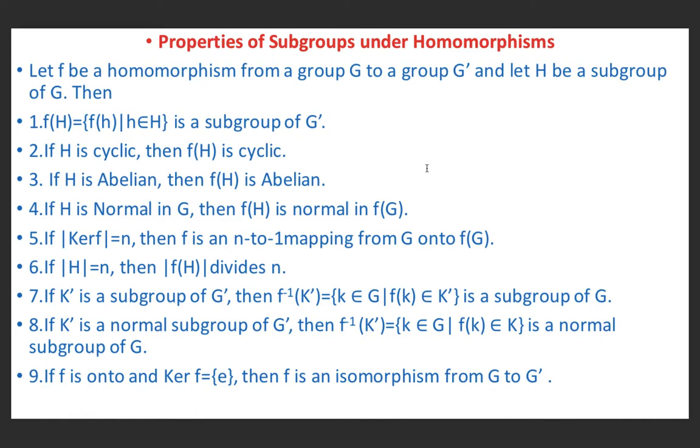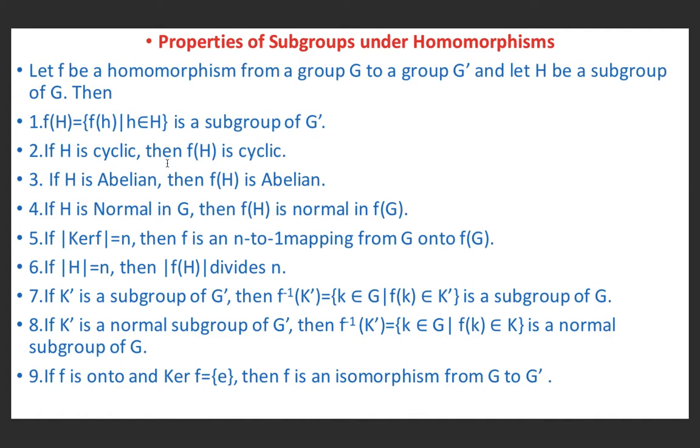First of all, I want to mention that students should remember the various properties in words because these are useful in proving other results also. Students should remember the properties of cosets, properties of elements under homomorphism, properties of groups under homomorphism. And what do these properties mean? First of all, the first property states if H is a subgroup of G, then its image f(H) is also a subgroup of G dash.